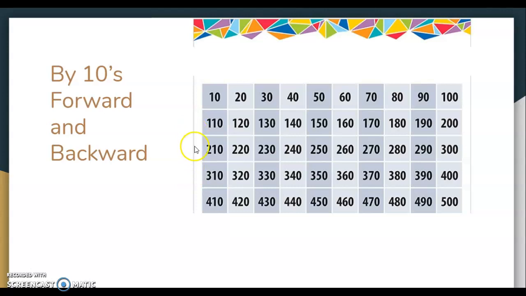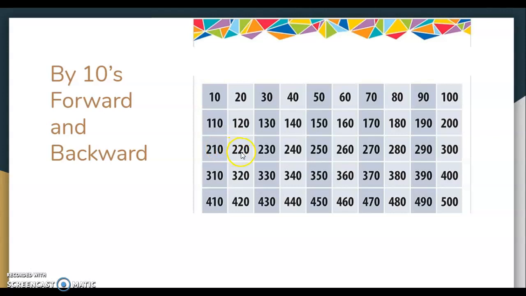So, I have this chart here that will help us to count forward and backward by 10. So as I point to the number, count with me. We're going to start by counting forward. All right, here we go. 10, 20, 30, 40, 50, 60, 70, 80, 90, 100, 110, 120, 130, 140, 150, 160, 170, 180, 190, 200,